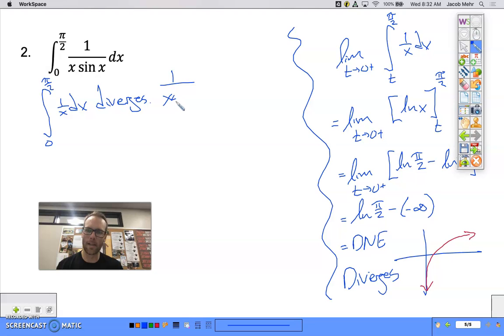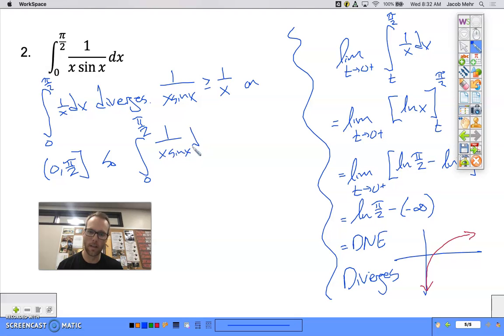1 over x sine of x is greater than or equal to, because it's above it, 1 over x on the interval 0 to pi over 2. This should be a parenthesis because we can't actually have 0. Okay. So the integral from 0 to pi over 2 of 1 over x sine of x dx also